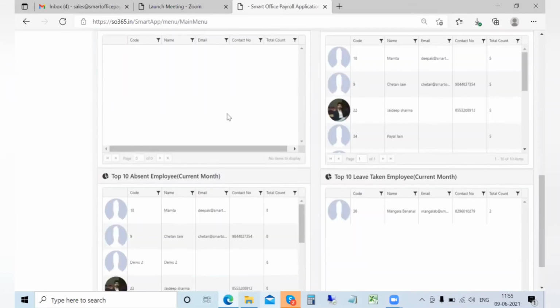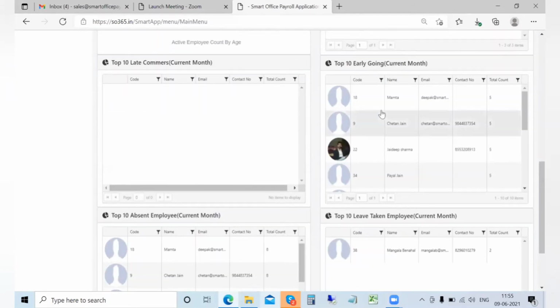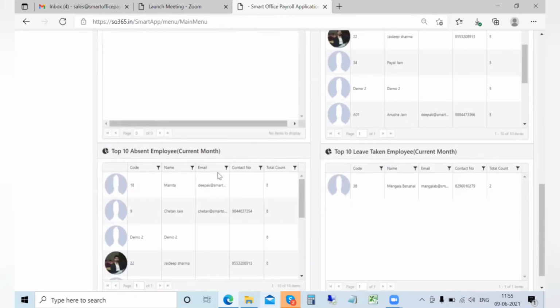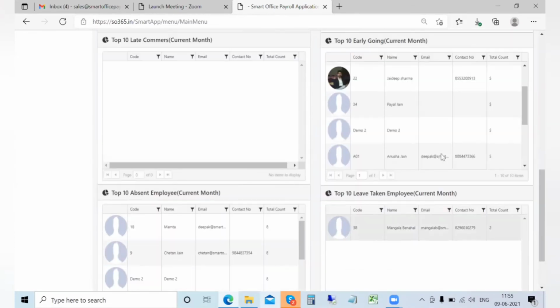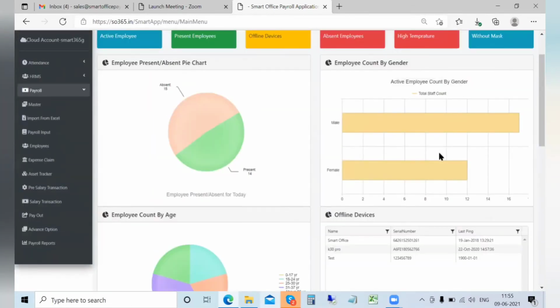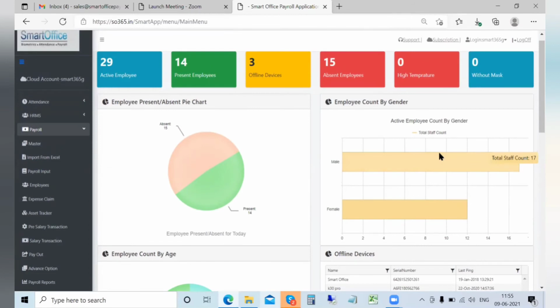One of the good things that you can see is who are the top 10 latecomers, early goers, absent employees, leave taken employees. Similar dashboards are available all through our software. So those kind of handy information will be available at all the windows.